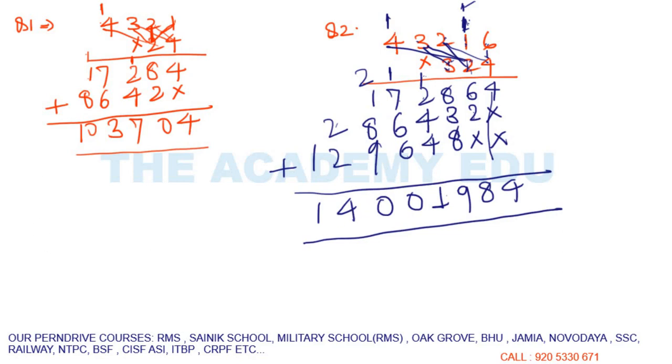Now, let's see if I say multiply this 32 by 45. How will you multiply this? So here I am giving you a new method to multiply 2-digit numbers, a 2-digit number with a 2-digit number. See here, this is a very easy method.